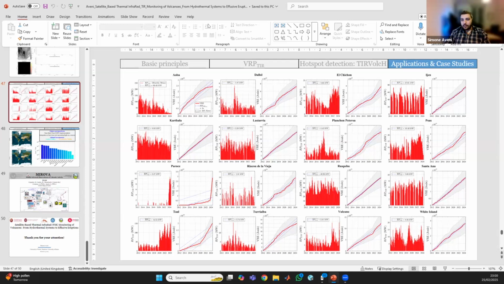Using mid-infrared channels, if there is a very strong thermal activity and clouds are not very thick, we might be able to penetrate clouds and still get a thermal signature, despite it being highly attenuated. With thermal infrared channels, as soon as we have tiny layers of cirrus, we cannot see through them. So unfortunately, cloud coverage is the worst nightmare when it comes to thermal satellite observations, but there is very little that can be done because that information is basically lost forever.